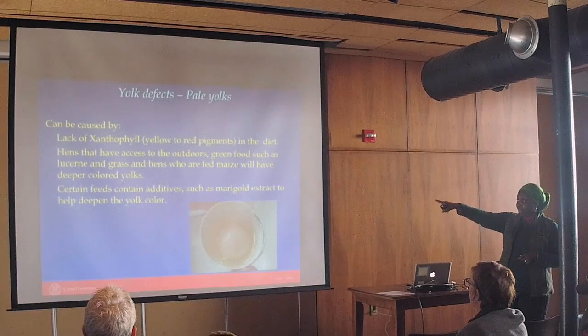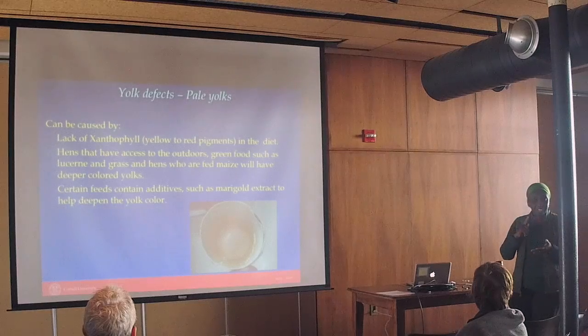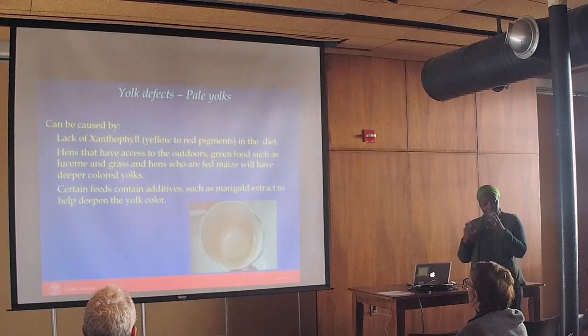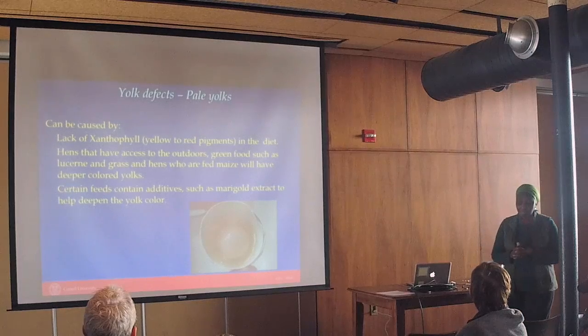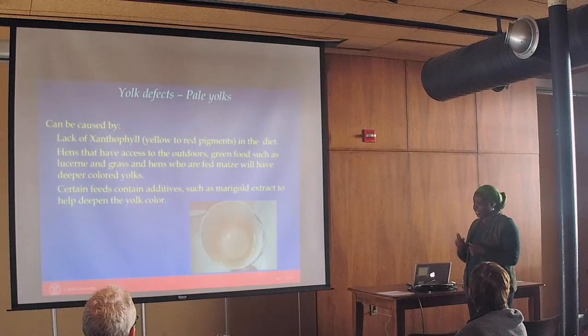Even lucerne, that's why people use it, because it makes lucerne, alfalfa, any kind of grass have lots of xanthophylls, and they will make that yolk yellow. If you even feed maize, yellow corn, you will have deeper colored yolks. But sometimes you have to add something to the feed to give it that really nice yellow color, and marigold